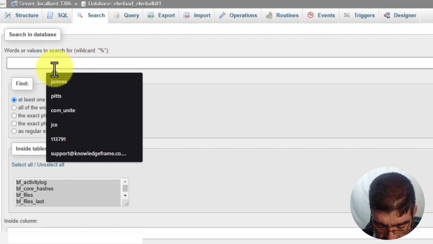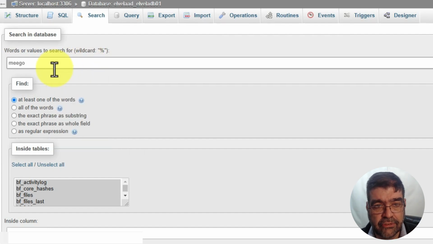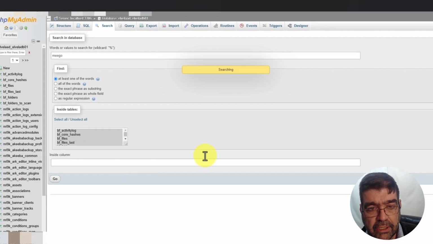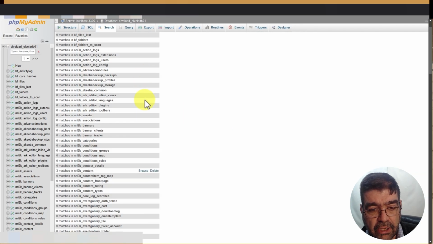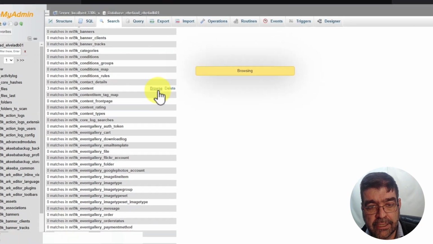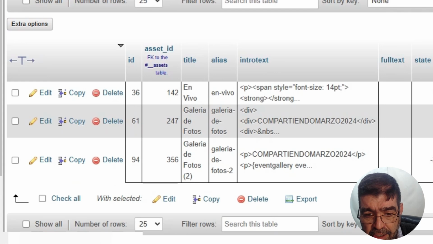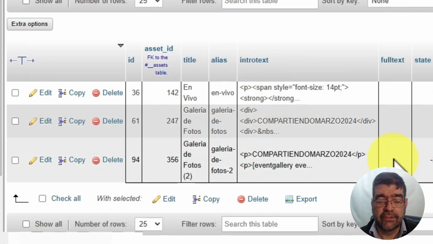Search MEEGO. We're just going to search for that because we know that it exists only in the infected files. We go, there's 3 in the content, and for some reason these 3 articles still have it. So what I'm going to do now, because there's only 3 left, I could play around and look for